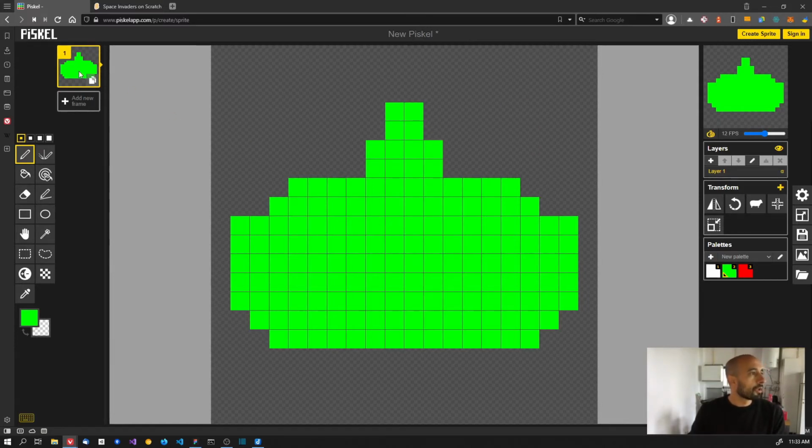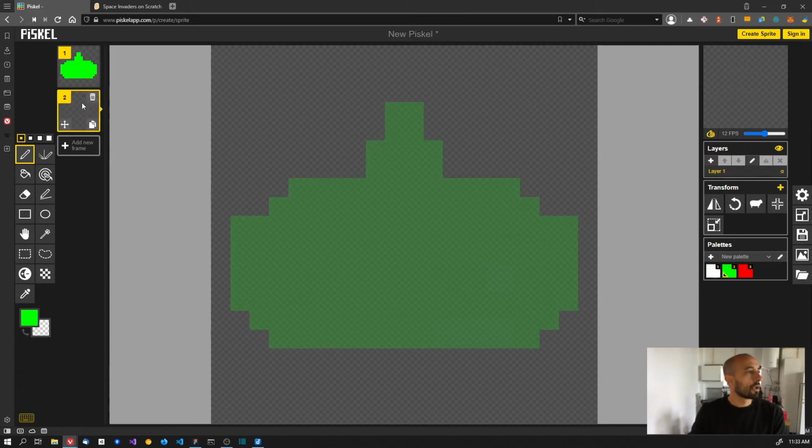So here we can create new frames. Here on the left, you can add a new frame, and you can see the animation that would result from having these 2 frames here on the right. And right now you can see it is blinking, and it's blinking because it's changing between the first sprite, which has the image, and the second one, which is completely transparent. And so the image is appearing and disappearing,